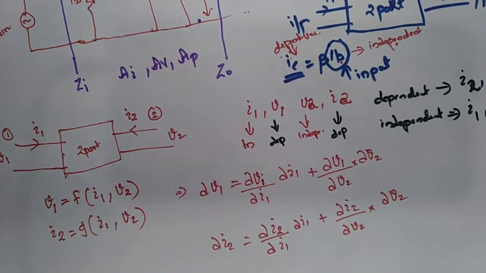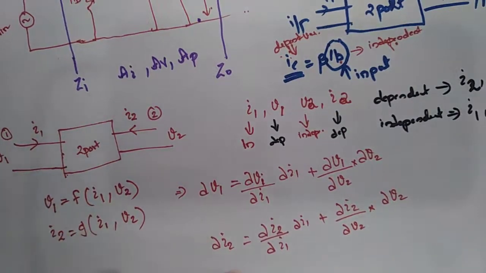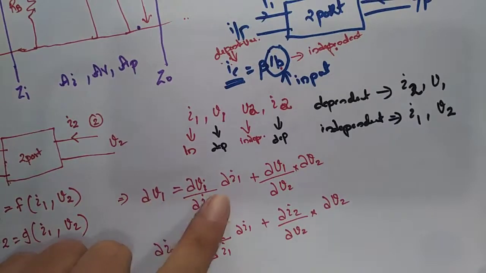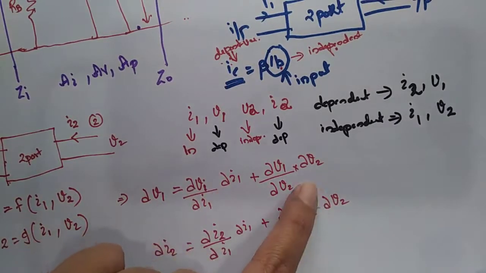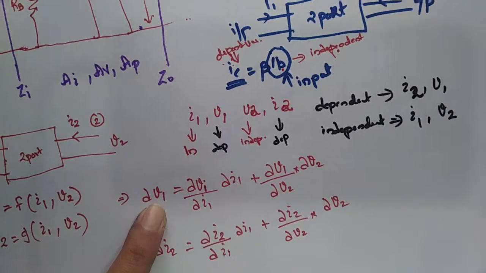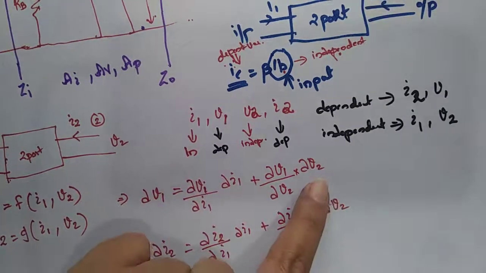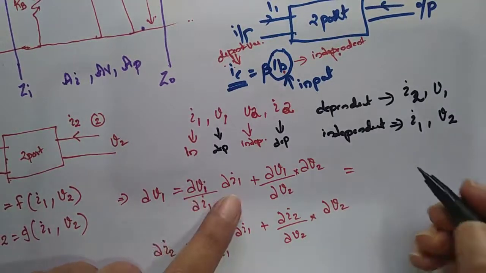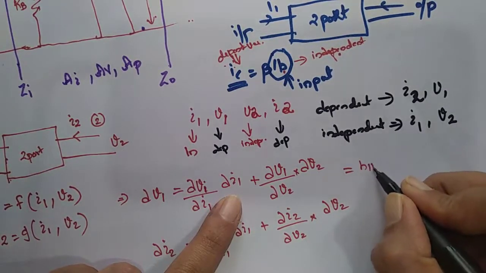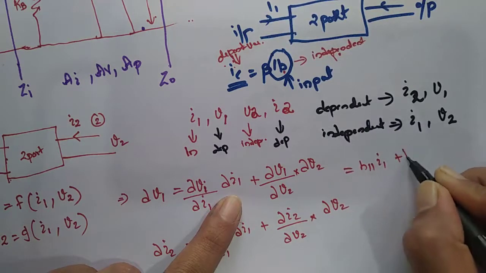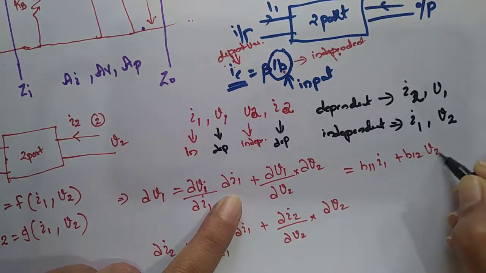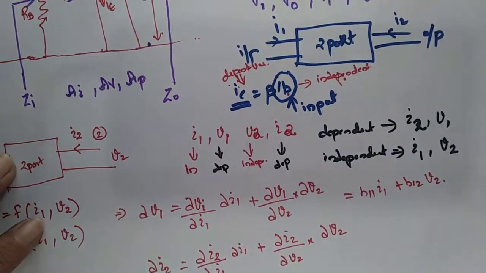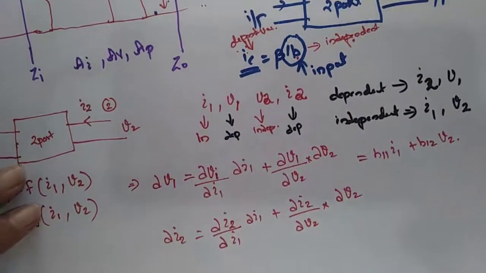Otherwise, what I will tell you is we can represent it in a very simple way. How can I represent it? V1 should be expressed as a function of I1 and V2. The dependent parameter V1 we convert into terms of I1 and V2. So I will simply give an equation: relating to I1, I will call it H11 I1 plus H12 V2. Did you understand how? If you don't understand that, then I will tell you again in some other way.